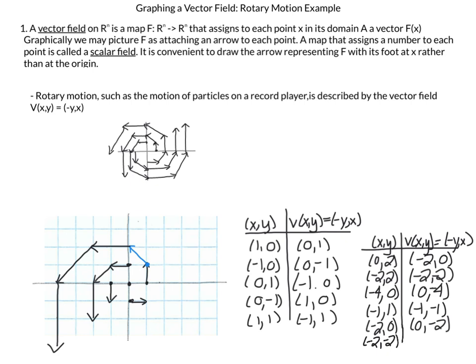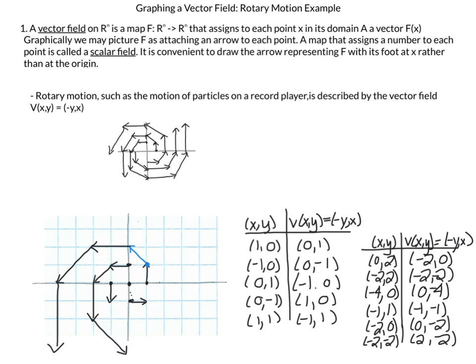So I get a positive 2, negative 2. So that means from this point, I want to move positive 2 in the x direction, negative 2 in the y direction. Actually, that doesn't look right. I'm sorry, positive 2, negative 2. So in the x direction, I'm going to go positive. I was going negative before. And in the y direction, negative. So I want something at this angle. So I think of moving this arrow. Actually, I'll just draw it. So I'm going to have this arrow here, my positive 2, negative 2, and I will need to move it over to my point